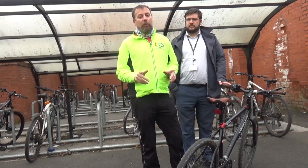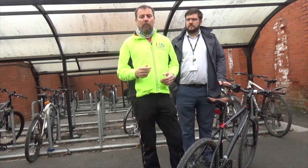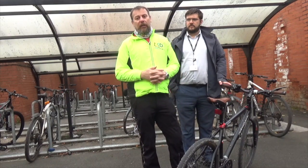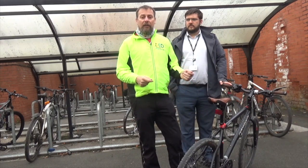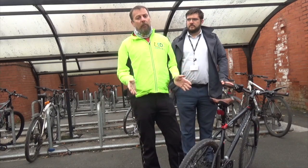Finally, top tip number 10, if you don't know, ask a pro. If there's something you're not sure about on your bike, rather than mess about with it blind, go and get it checked out at the bike shop. Most bike shops will have a look for nothing and let you know what the problem is before they actually do anything. So don't be afraid of going to the bike shop. It isn't going to cost you the earth. It could cost you a lot more in the long run if you